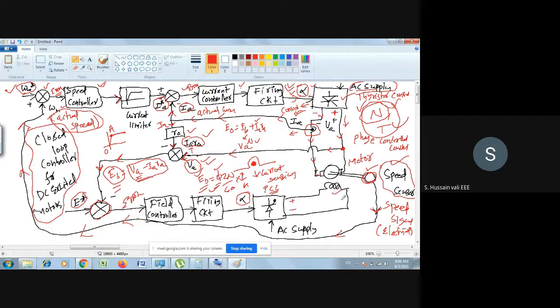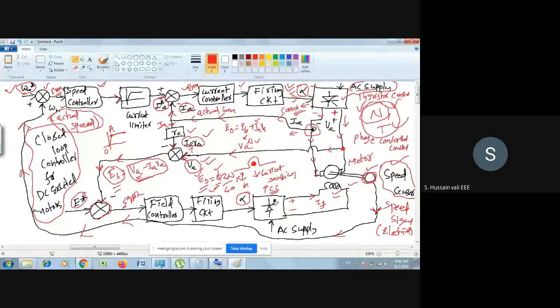Here we have another block diagram for the field winding of the motor. The field winding is there, with the field current IF. So in this entire block diagram you are controlling the field and also the armature. How are you controlling the field winding once again? You give different DC to your field winding. How do you give the different DC? Once again you need a converter, a phase controlled converter.